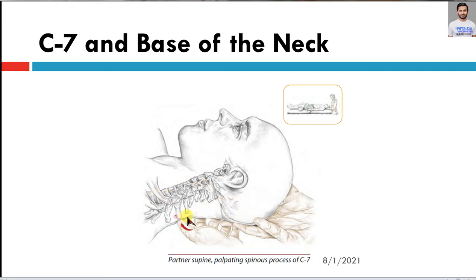Then in the midline you can find the first spinous process being C2, and then onward C3, 4, 5, 6 and 7. So it is worth remembering that the first spinous process that you can find will be C2, because C1 does not possess any spinous process. So again I must repeat, the first spinous process that you feel in the cervical spine will be C2, and then you can move downward on each spinous process till you reach C7.